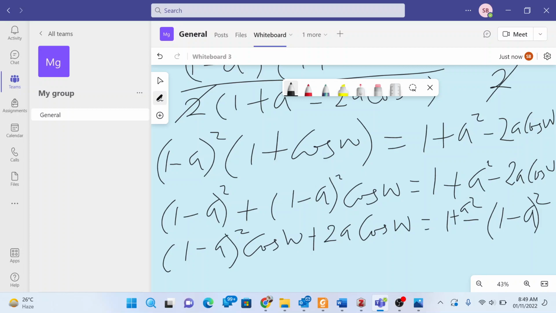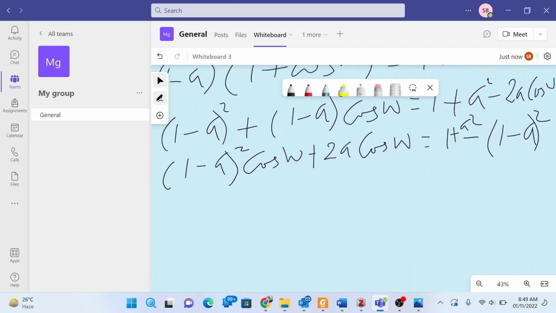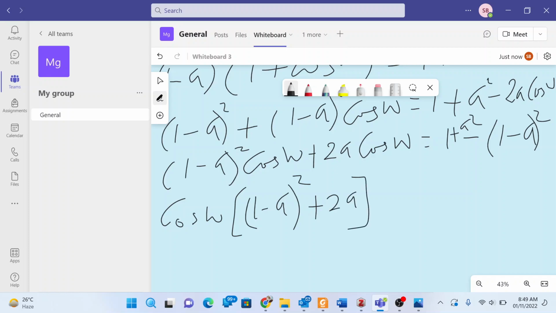So here now, if we bring out the cos omega, this is going to be cos omega by 1 minus a squared plus 2a, right? So 1 minus a squared plus 2a, and on the other side we have 1 plus a squared minus, if you expand this, we're going to get 1 minus 2a plus a squared,